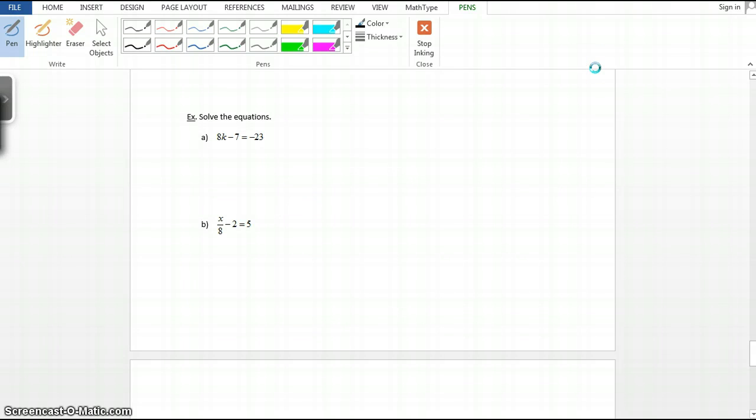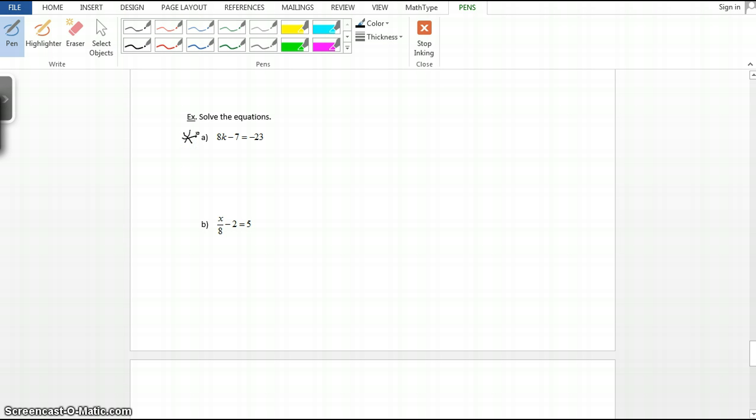Okay, here are a couple examples about solving equations. We're going to do about 4 of them. When you solve an equation, you always want to get the variable on the one side all by itself. So that way you want to undo what's being done to your variable. If you look at part A,